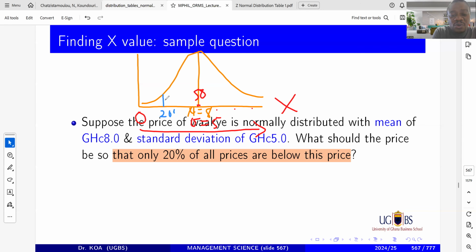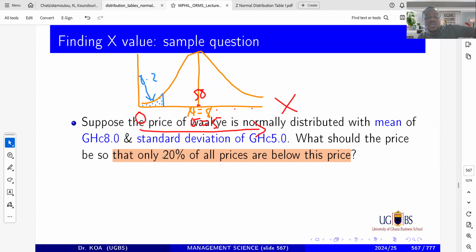But you see, the issue was not the 20%. I'm writing percentage, but I don't want to use percentage because I don't want to write it on the x-axis. Otherwise, it will look like it's x. So I'd rather write it at the top here and say that from this distance up to here is 20%. So this shaded area is 20%. It's 0.2.